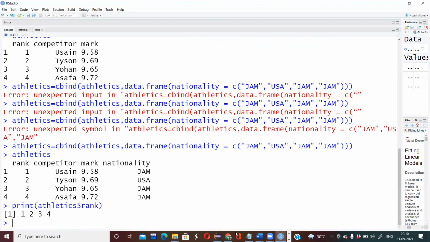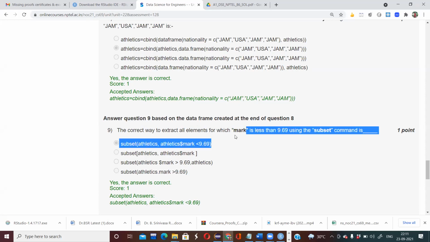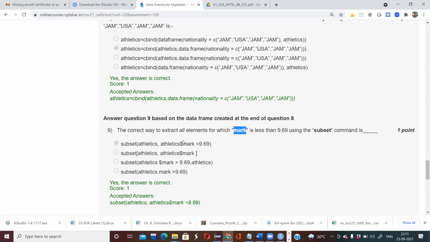Similarly, now they are asking which of these options will give us the elements where mark is less than 9.69 using the subset command. Okay, so here athletics is the data frame name, and which column do I want to access? The mark column. So how can I access the mark column? With the data frame name $mark and less than 9.69. So let's execute this one.